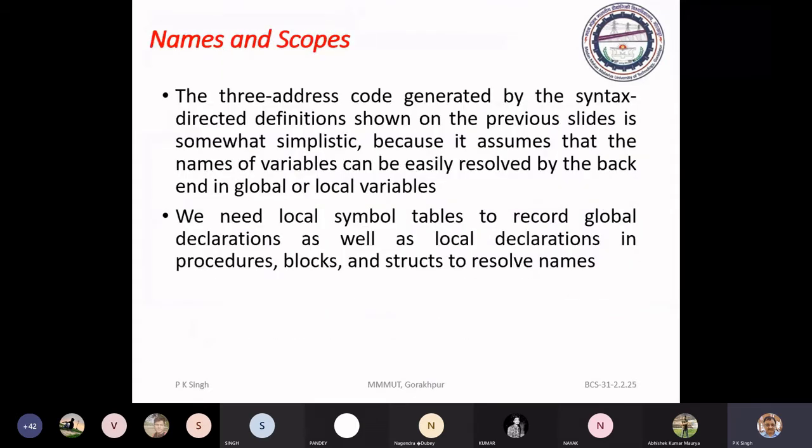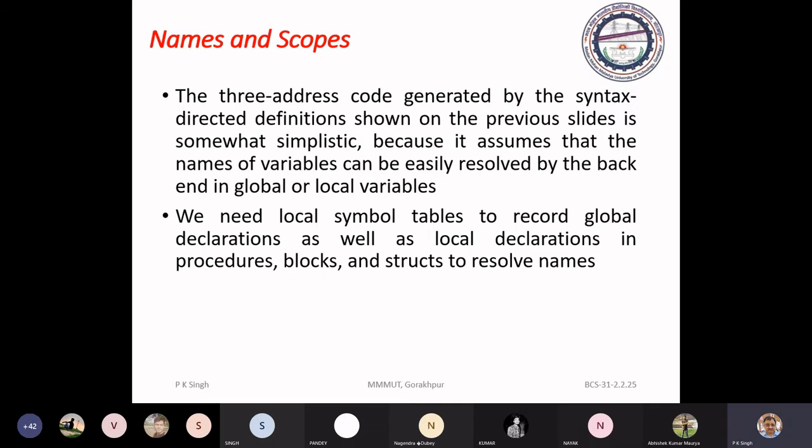Now come to names and scope. Although we will discuss names and scope in detail during discussion of runtime storage management, here we have to make provisions for implementation to decide the lifetime of a particular name or identifier.